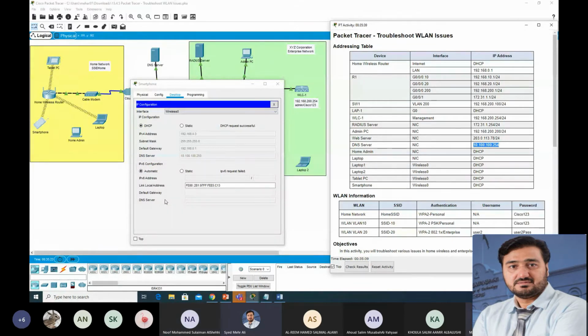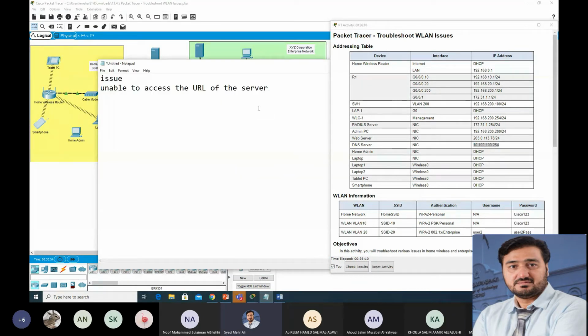Is the DNS server IP in the client the same as the IP in the given table? No, it is not the same, because here it is 100.254 and here it is 100.250. It means there is a problem. The problem is that the DNS server address is misconfigured.